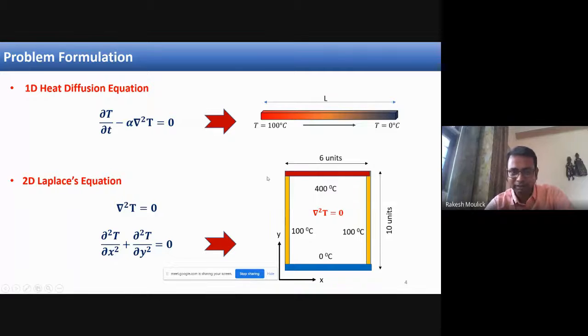Similarly, suppose I want to convert this problem into a two-dimensional problem. What I have to do is make it a slab. In the slab, you can see it is just 10 units by 6 units. You can choose your units. It could be in SI, it could be in CGS. So the front end I have kept at 400 degrees centigrade. The bottom end I have kept at 0 degrees centigrade, say, and the side walls have been kept at 100 degrees centigrade. Under this circumstance, if we solve Laplace's equation, we shall get